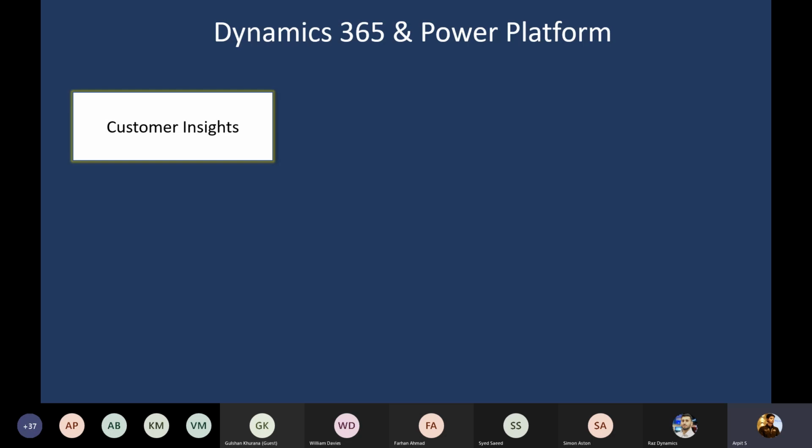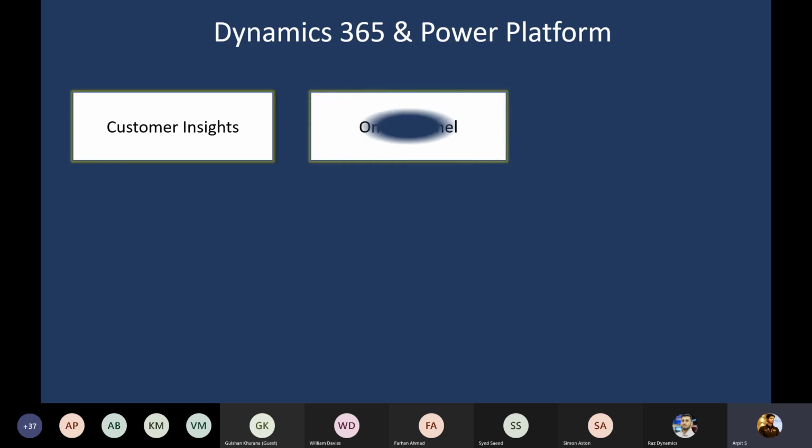It has some artificial intelligence and insights capabilities, so you can get the 360-degree view of the customer and see what cases are open, what opportunities and leads are there, and what interactions have been done. All this information will be on a single screen. Apart from that, it has AI-driven capabilities, so if any decision has to be made, that is also possible with Customer Insight.